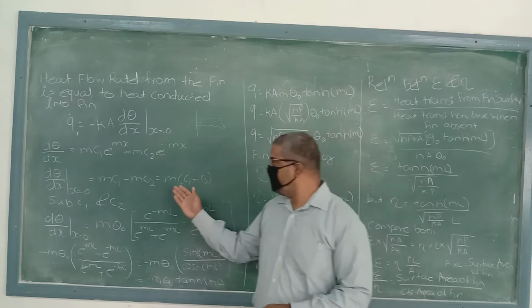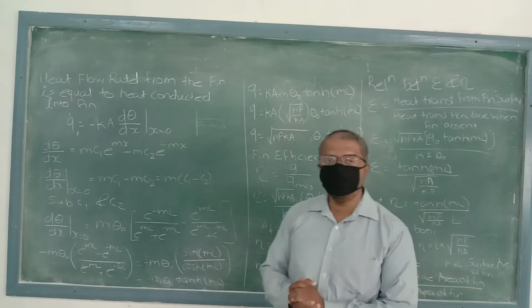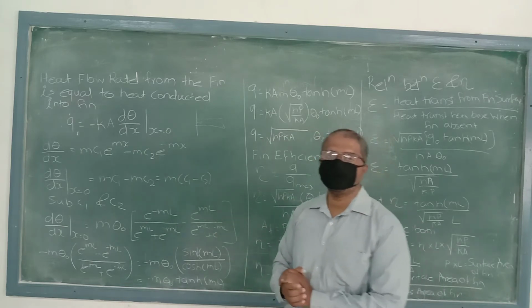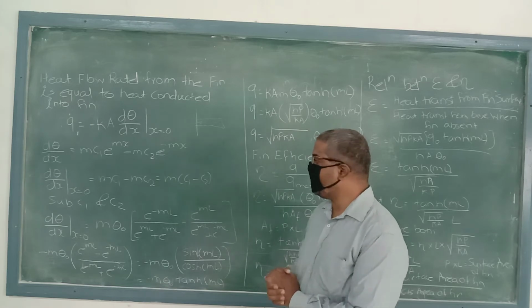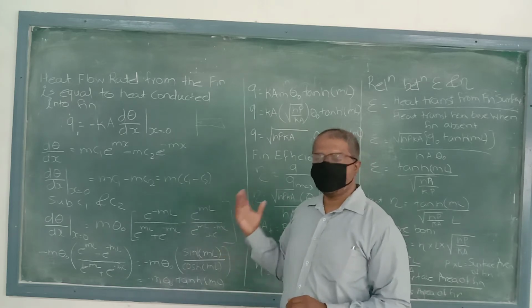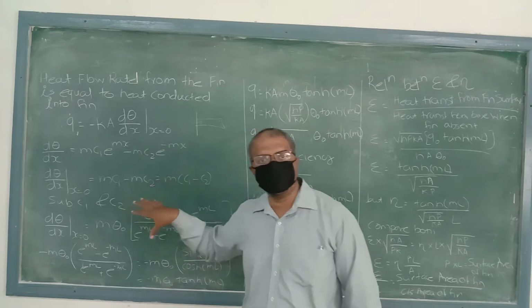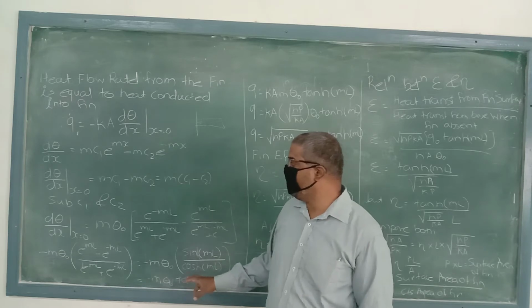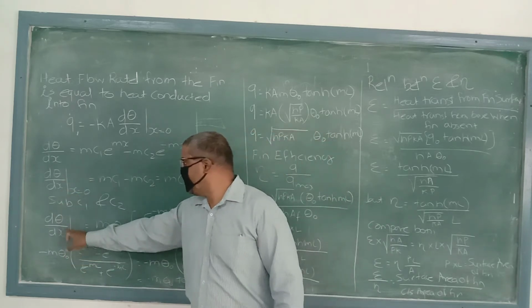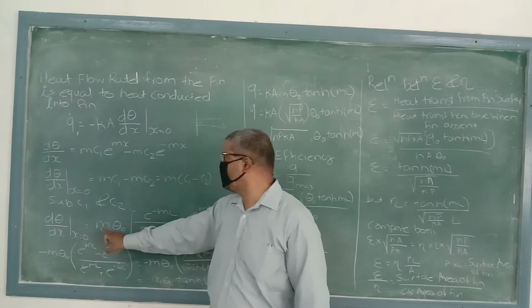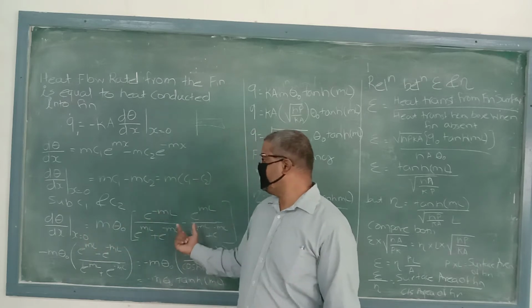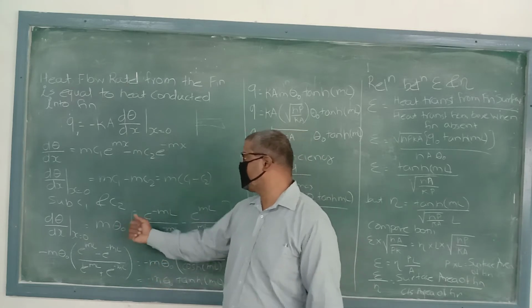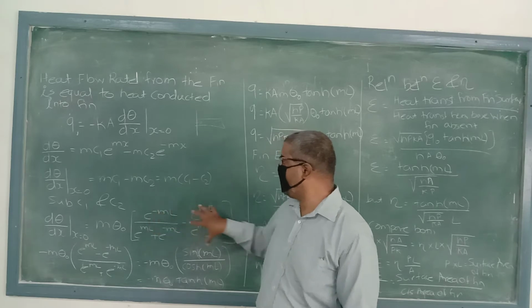Now in this equation we don't know the values of c1 and c2, but when we derived the differential equation of the fin, at that time we derived the values of c1 and c2. So we are going to substitute those values in this equation. We write d theta by dx at x is equal to 0, and theta lies in both the terms, so we take it common outside the bracket, along with m, leaving only the c1 and c2 values.